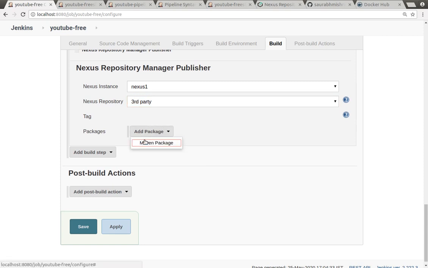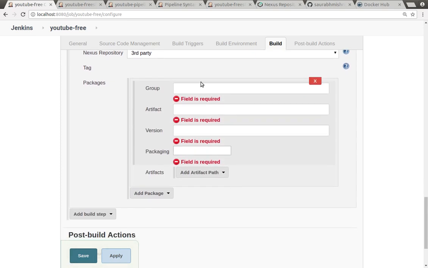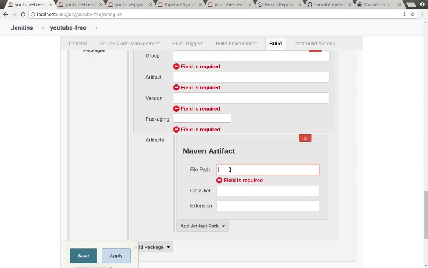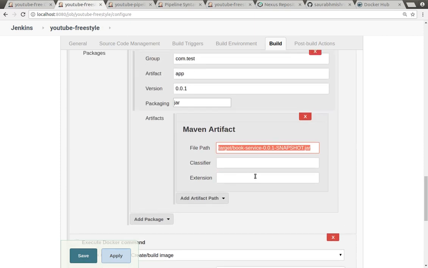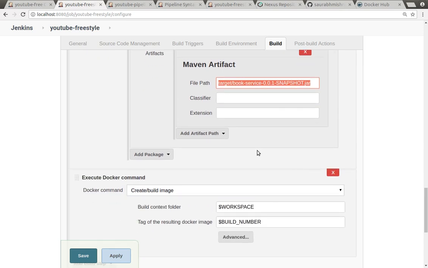After that, we need to give the package details also, like what is the group ID, what is the artifact ID. If you are a Maven kind of project development software engineer, you will be aware of all these things very much. So what is the type of packaging? And after that, we have to give the path of the jar file. As part of this one, I have shown you what is the path, where exactly the jar file is. So based on that, you can configure that one.